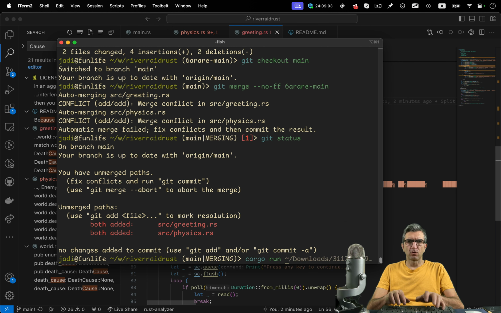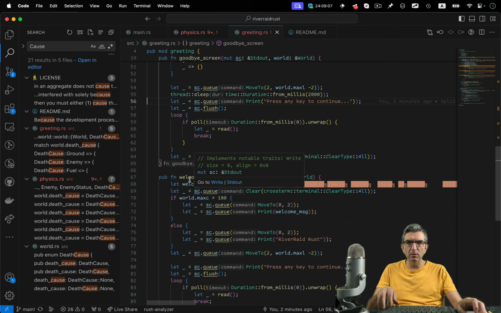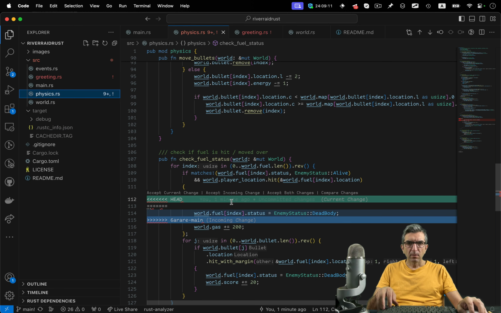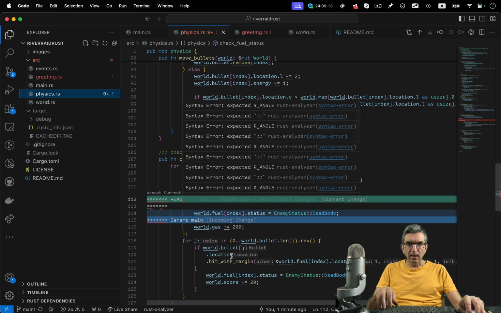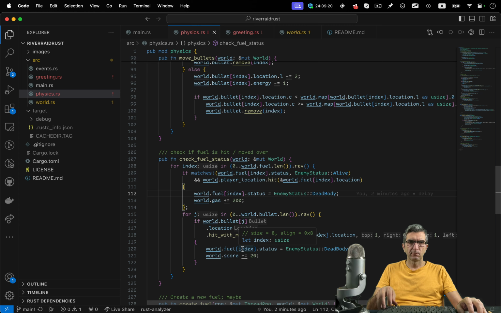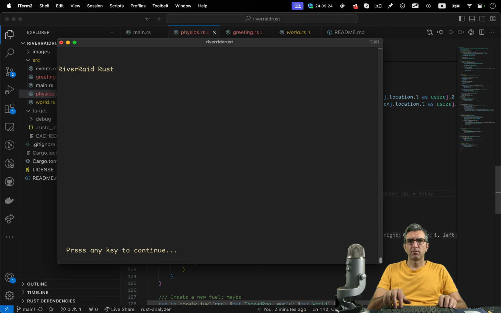Okay, let's see if it's correct. Cargo run. It is not. We have another one of these. Here. Accept incoming change. Cargo run.